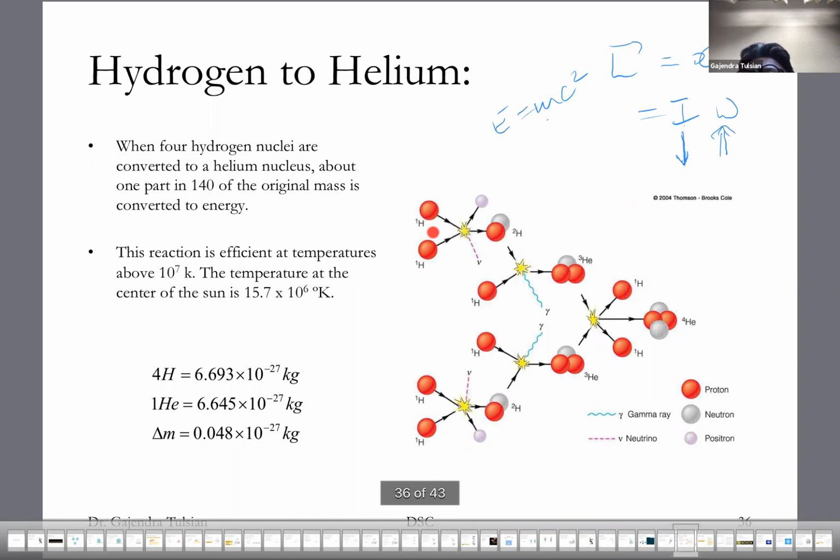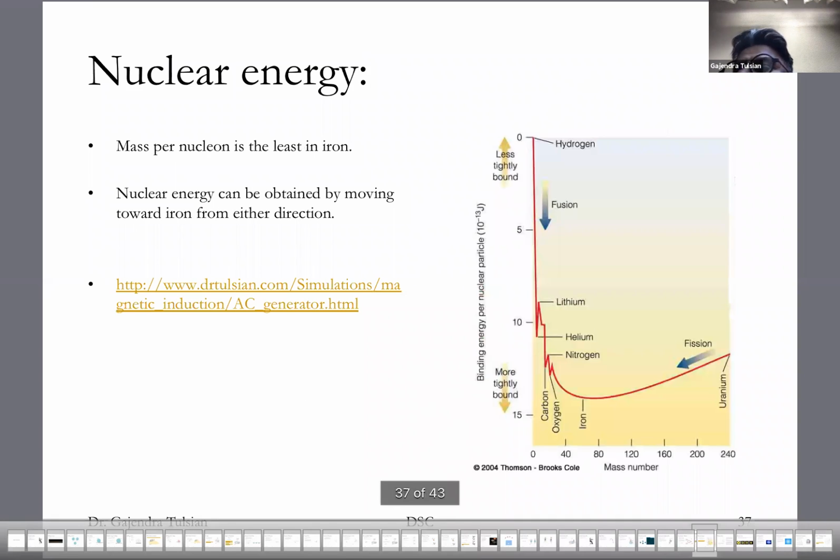Okay, so at the center of the star, and again, this graph shows you iron is the most tightly bound nucleus. You can take any of these lighter nuclei and fuse them till you reach iron, and you will keep getting energy. And that's what happens at the center of stars. If a star is massive enough, at the core, it's just fusing various elements till it gets to iron. And once it gets to iron, it cannot produce any more energy, and the fusion reaction will stop with spectacular